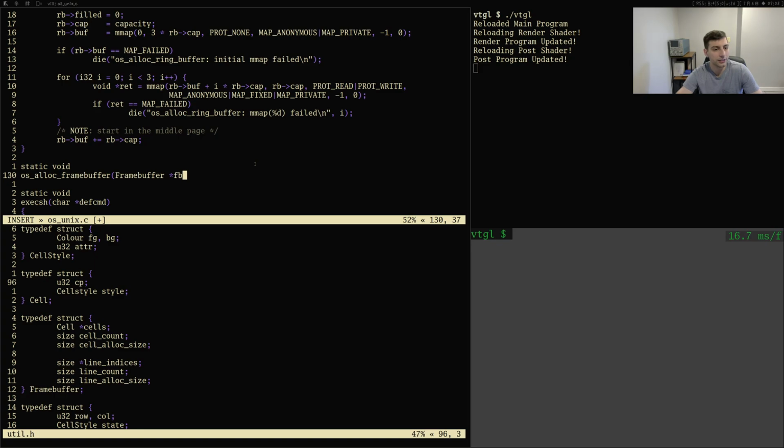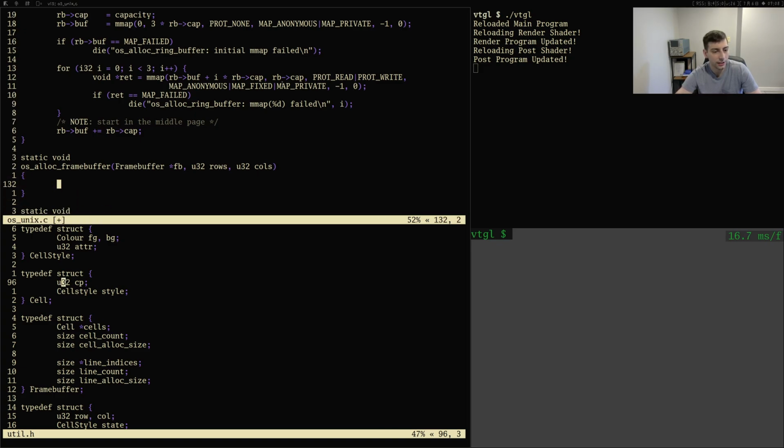This is going to do this. And this is going to take rows and columns, the number of those we just want. Then what we're going to do is we're going to say,